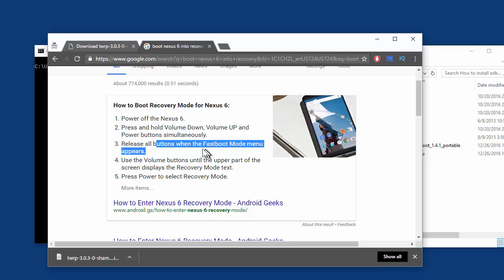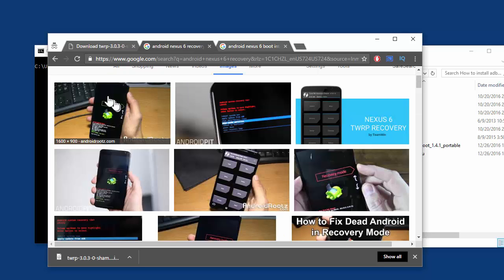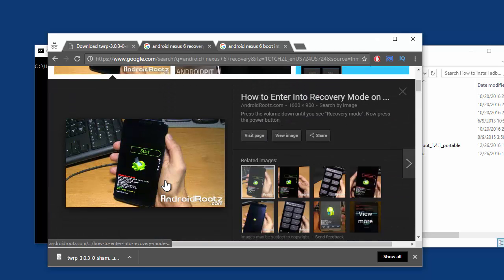So we want to do that while our Nexus 6 is plugged into the computer via USB cord. So I'll go ahead and pause and do that right now. Alright, so I did that. My computer's plugged in and it's in recovery mode. And what recovery mode looks like is it looks like this right here, where your phone just has the Android guy with his belly opened up, and we're going to leave it at